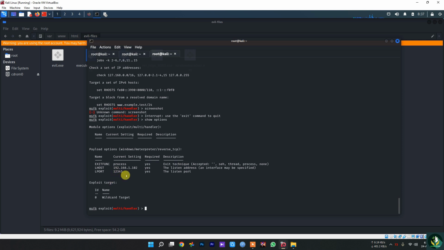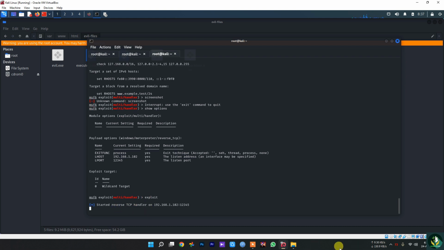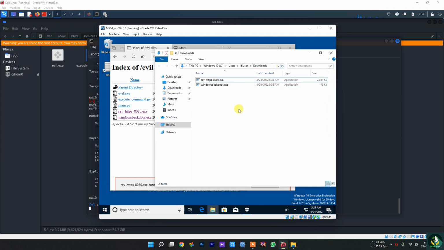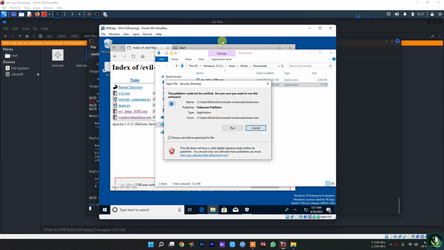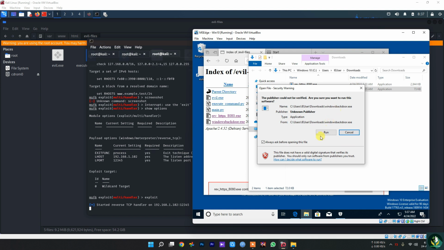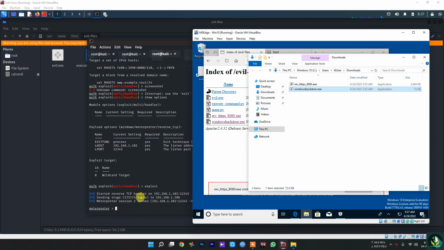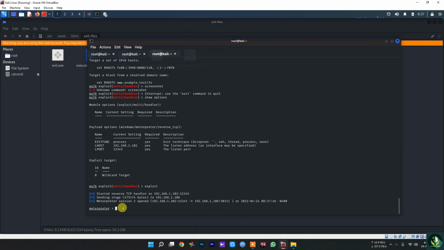So let's run exploit. So as you can see, let's try to, antivirus, Windows 10 is, as you can see, the Meterpreter session has opened. Previously it showed some problem, so let's type